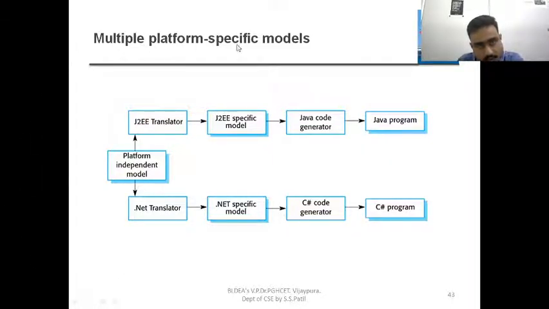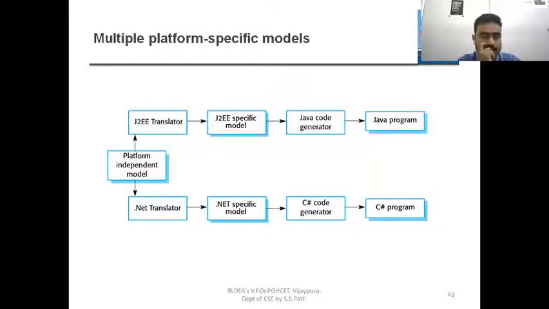So multiple platform-specific models share a simple platform, the .NET platform. In the .NET platform you can execute C programs, C sharp programs, COBOL programs, Python programs, and Visual Basic, that is VB programs. This is a platform where you can write code yourself.